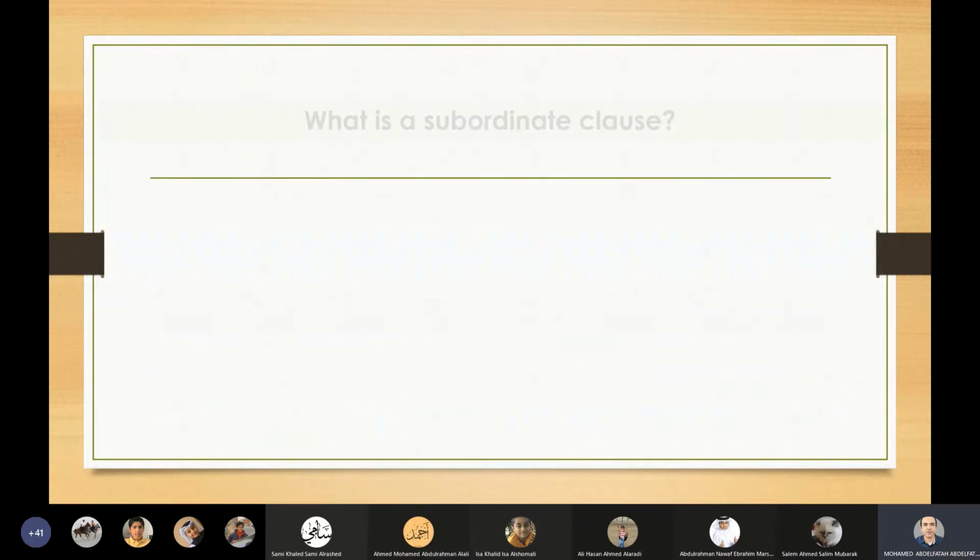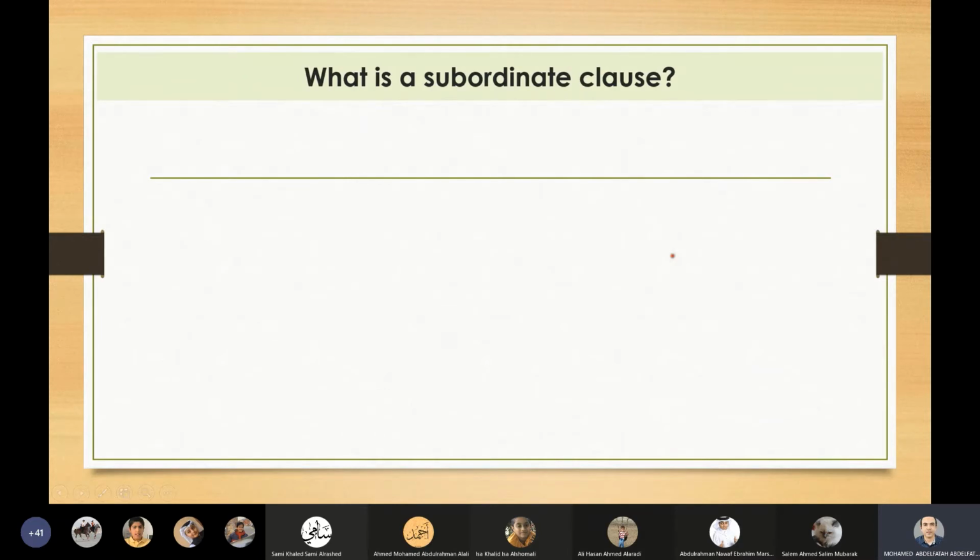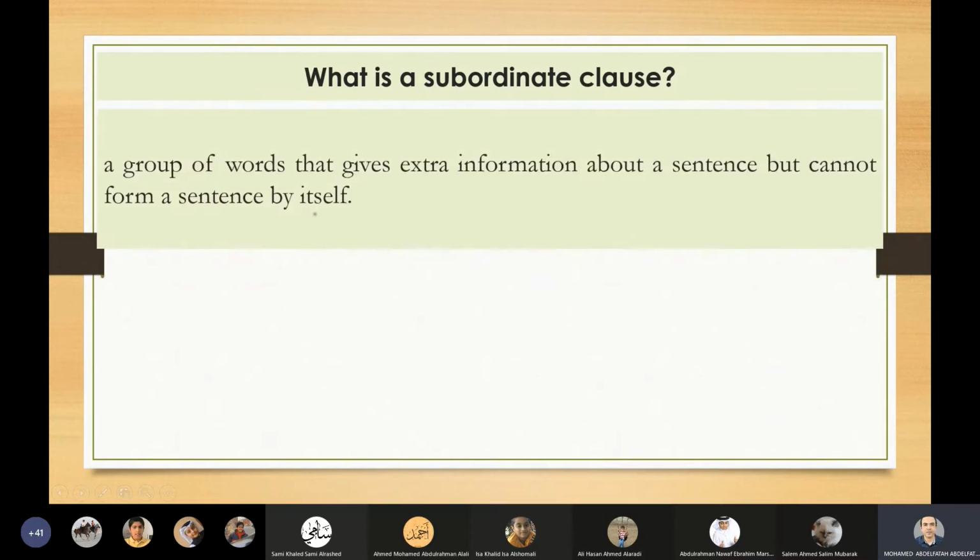Now, let's go to the subordinate clause. The subordinate clause is a group of words that gives extra information about a sentence, but cannot form a sentence by itself. You can't depend only on the subordinate clause to give information. You have to use the subordinate clause only to give more information, not to make a complete sentence, not to make a complete idea. So the subordinate clause is a group of words that gives extra information about a sentence, but cannot form a